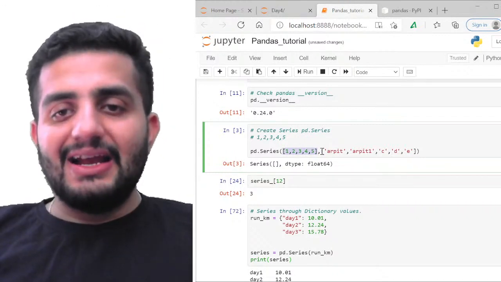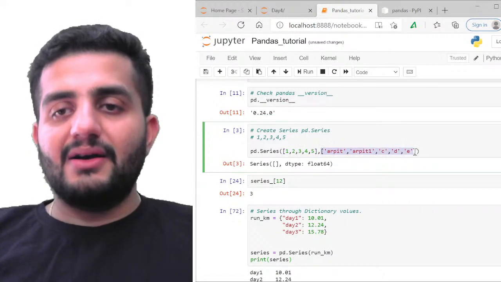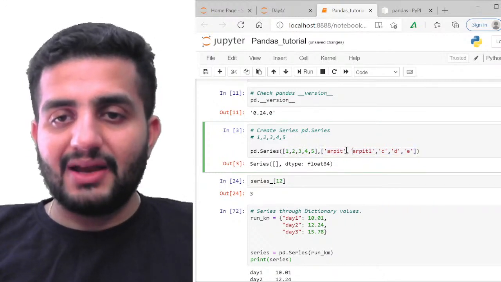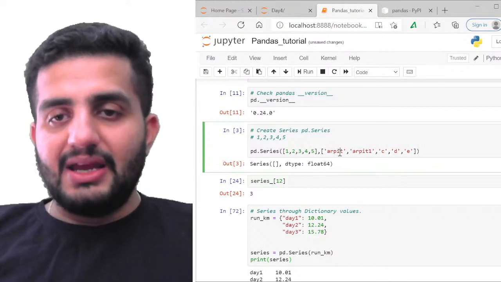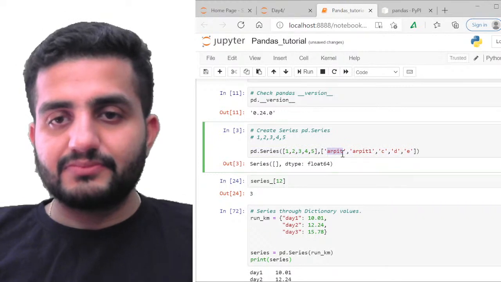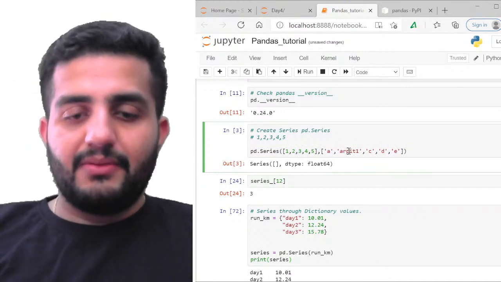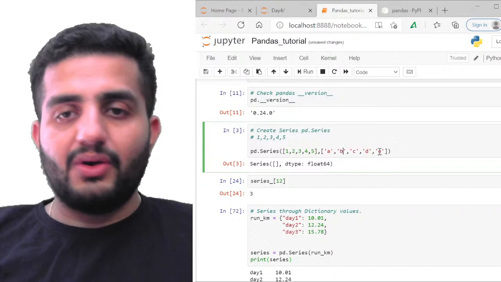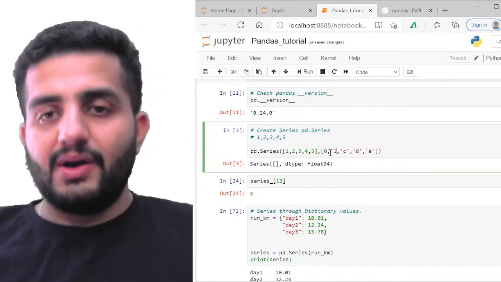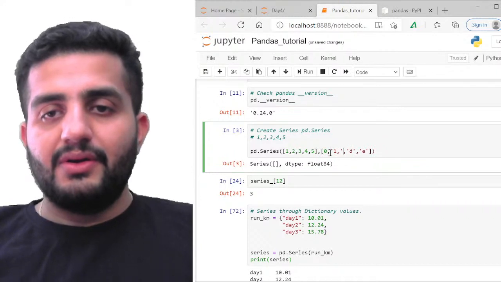And the second element here is the index. Index again can be anything, guys. I can give A, B, C, D, E, or anything, or I can also give 0, 1, 2.